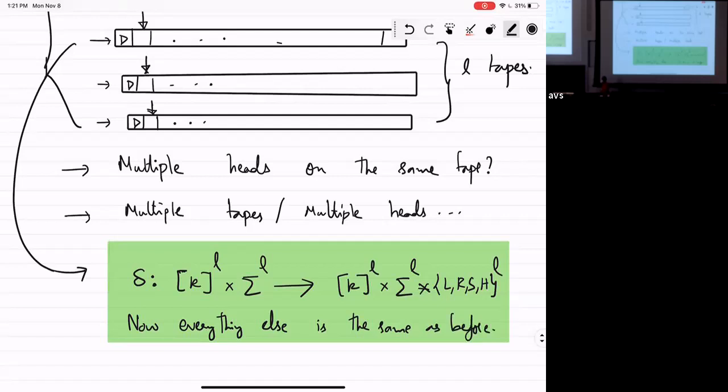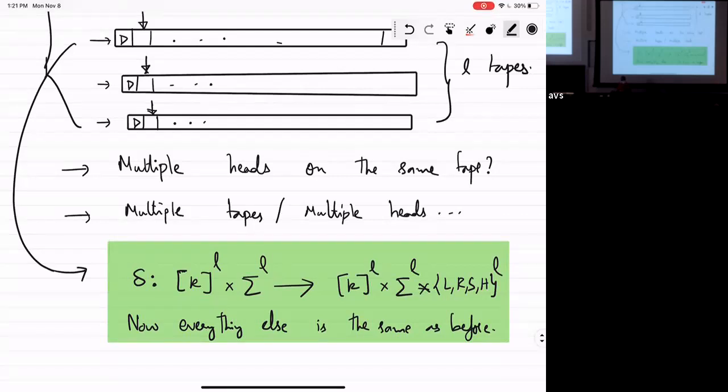Meaning once I define my multiple-head, multiple-tape Turing machine and this transition function, I set up the input so that on the first tape you start with x0 through xn-1, and then the output is whatever is on the first tape, and so on.